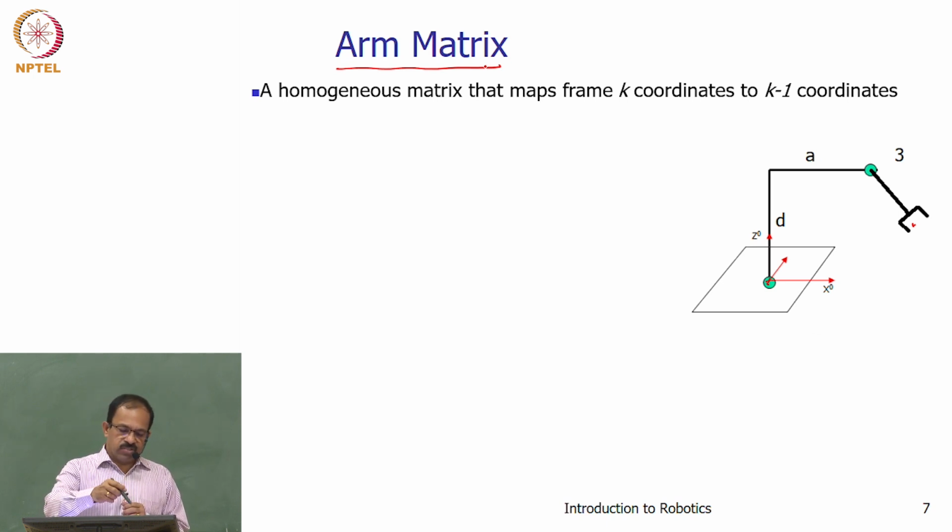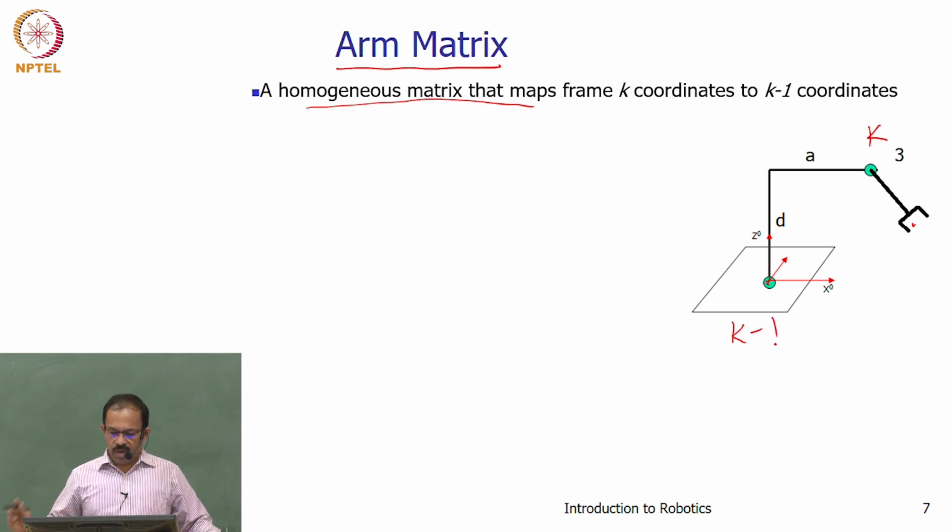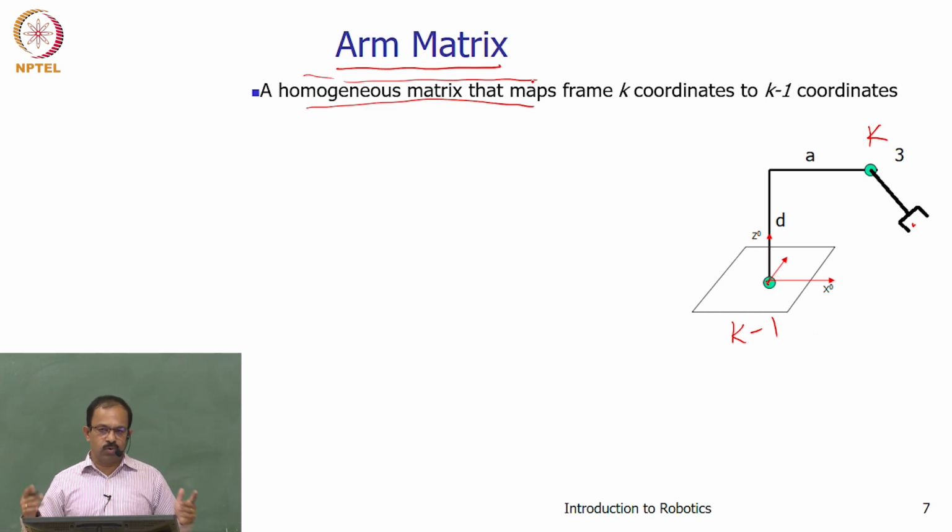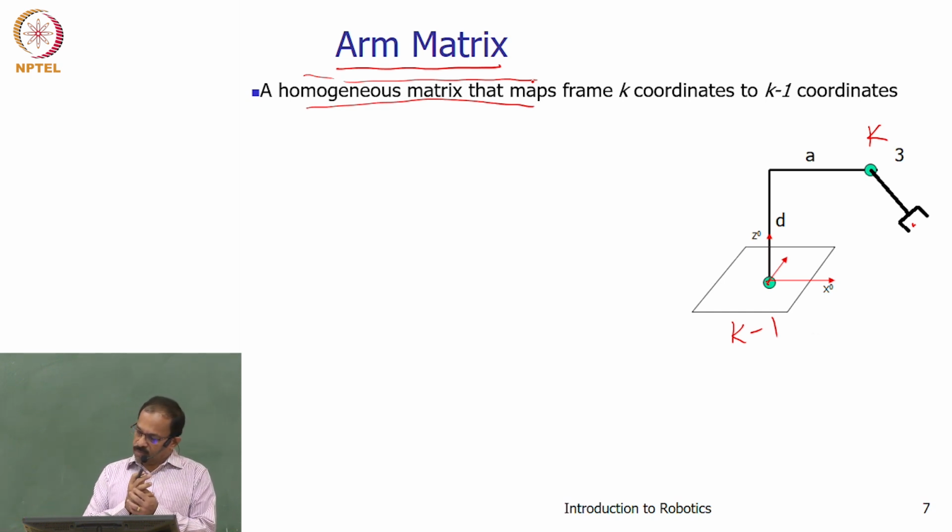So the ARM matrix is defined as a homogeneous matrix that maps frame K to K minus 1 coordinates. So you have a kth frame and a K minus 1 frame. How do we map these two frames using a matrix? That matrix is known as the ARM matrix. We use a homogeneous transformation matrix, which is a 4x4 matrix, which includes all the joint parameters and the link parameters, as well as the DH parameters